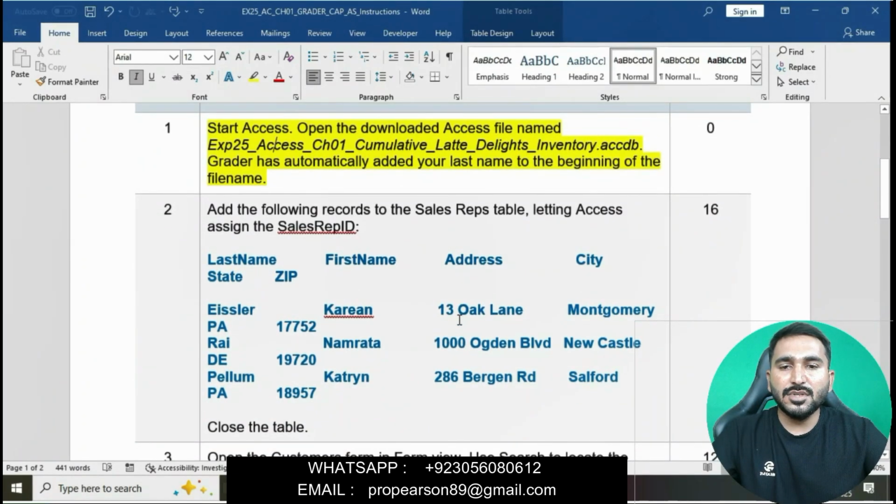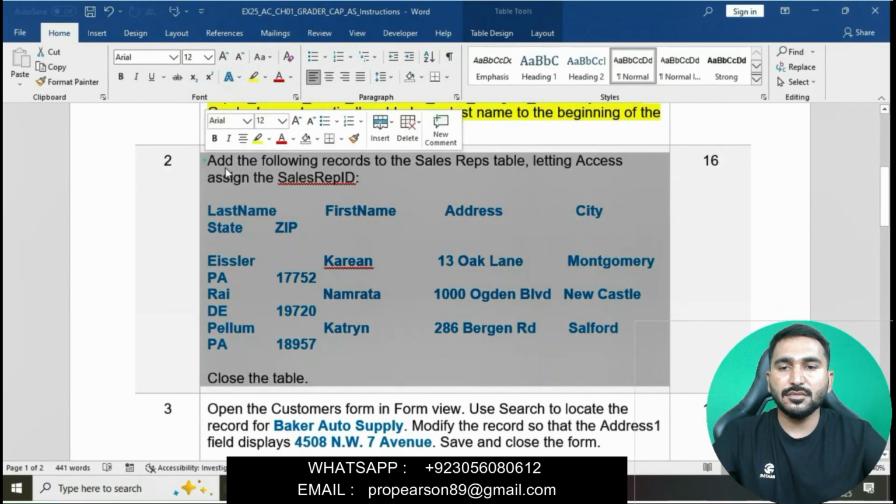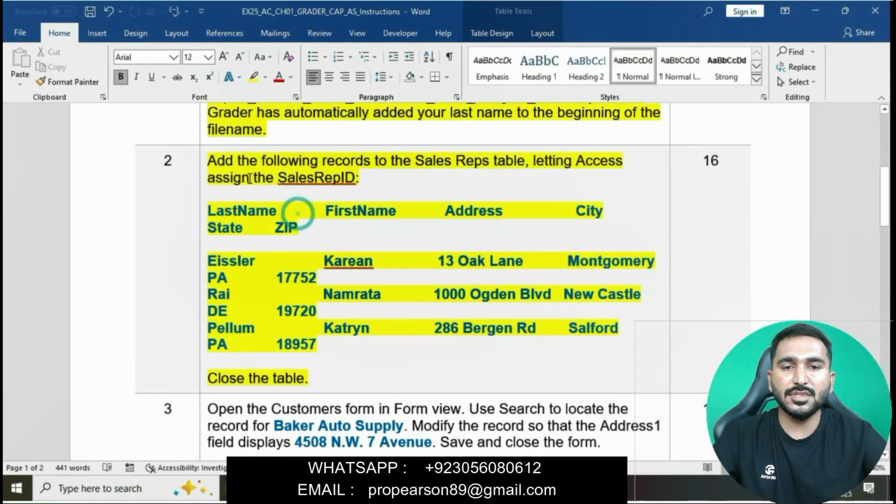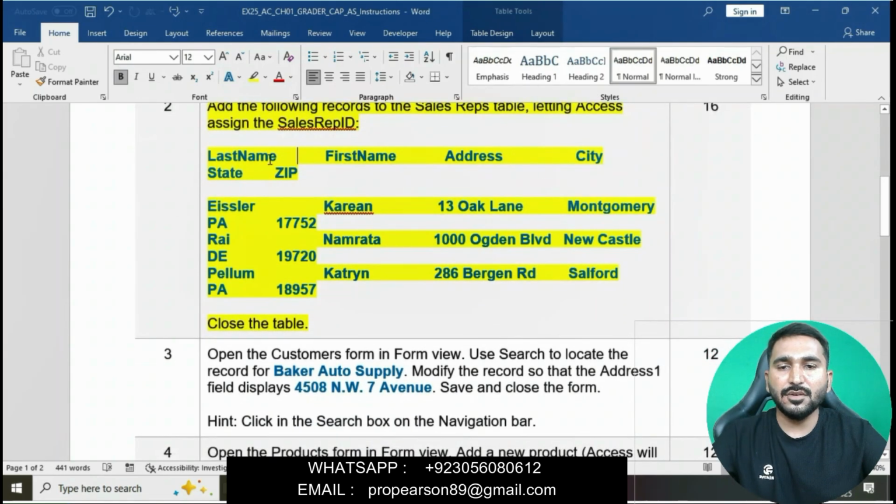Question number 2 is to add the following records. Add the following records to the Sales Reps table, letting Access assign the Sales Rep ID. The columns are last name, first name, address, city, state.